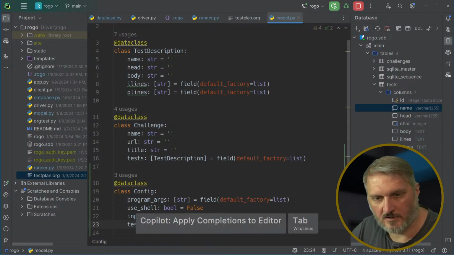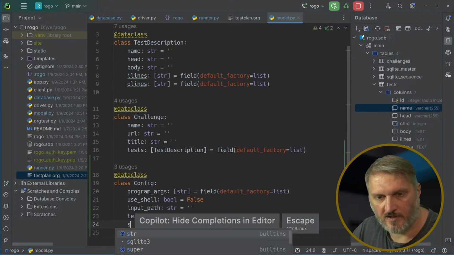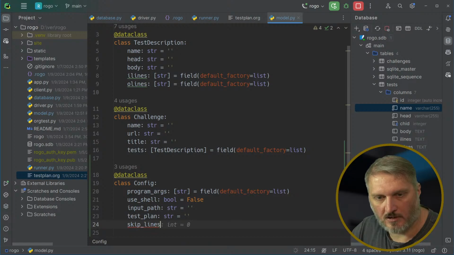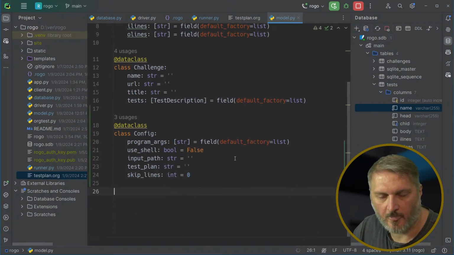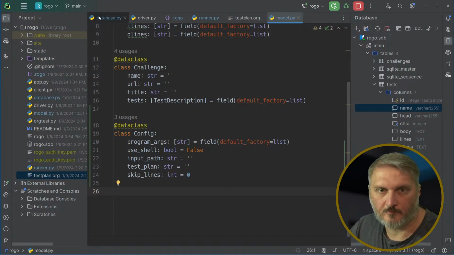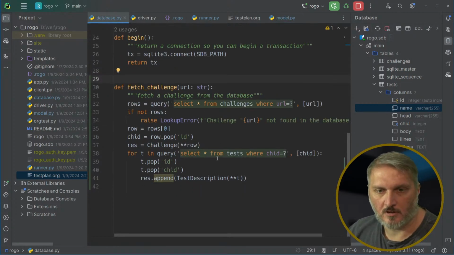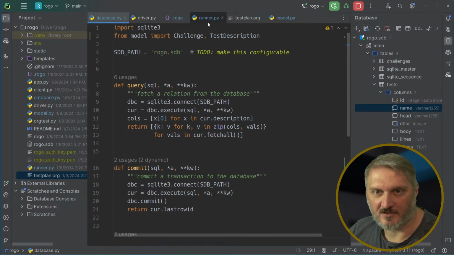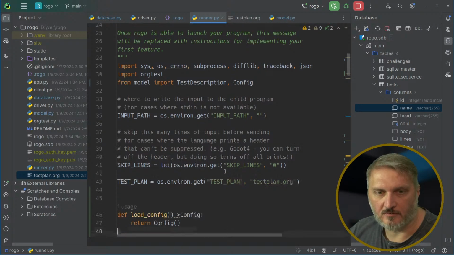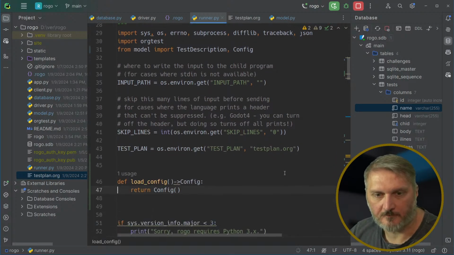Test plan string equals none. And skip lines int equals 0. Okay, so up here now we're going to say config